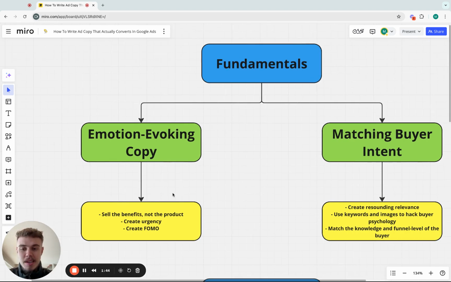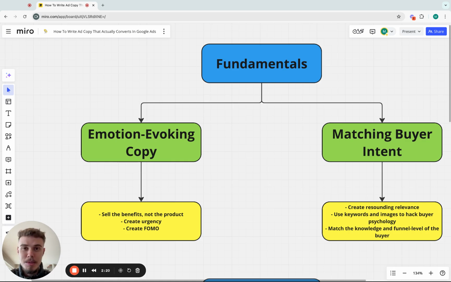Now, the biggest thing to think about when you're doing this, the biggest benefit you will get and the biggest lever you can pull is selling the benefits, not the product. So if you're selling, for example, skincare products, you want to sell the clear skin. You want to sell the acne reduction. You want to sell the looking beautiful, looking your best self, right? You don't want to sell this contains phenylalanine or whatever, right? You don't want to sell the ingredients or the product or the parts of the product. You really want to sell the benefit of the product in your ads.